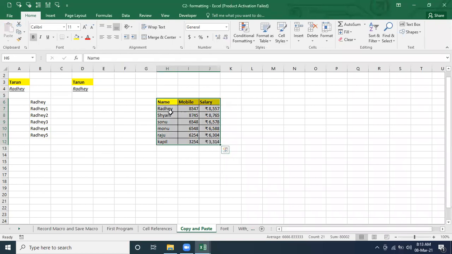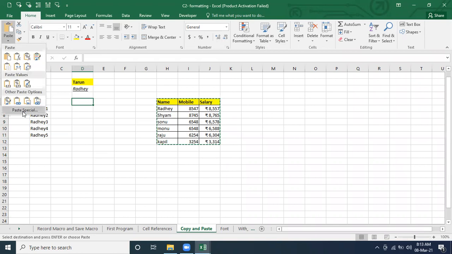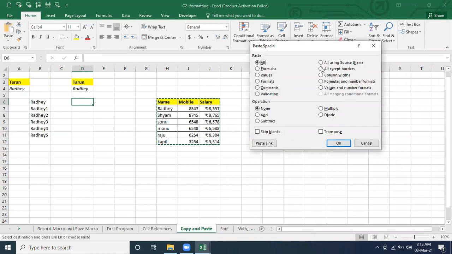This is the range which I want to copy, and I want to paste it along with the number formatting, value and number formatting. I'm going to identify value and number formatting; this is the option which is available. So it's not going to paste the entire thing. It's going to paste value and number formatting. We did number formatting for this one, right? Yes, we did for this.